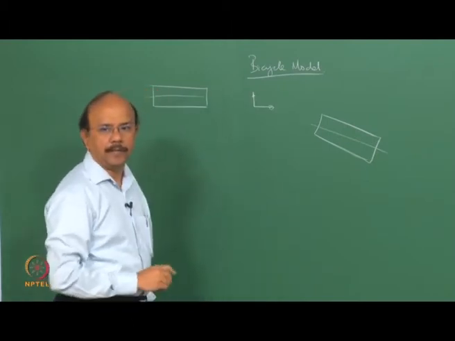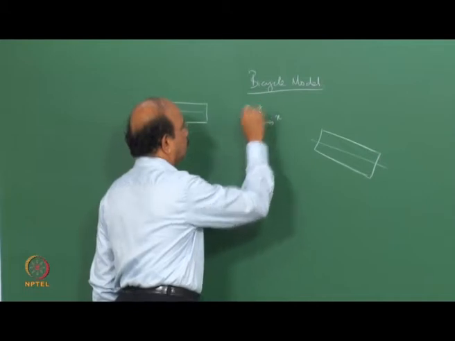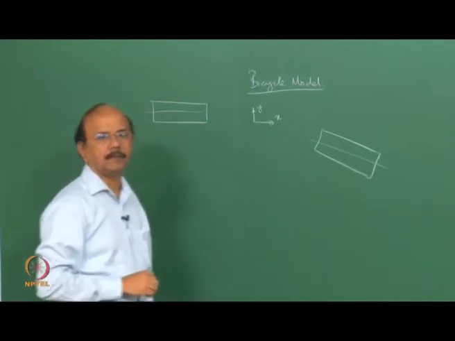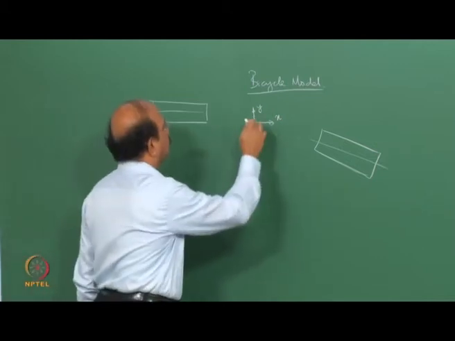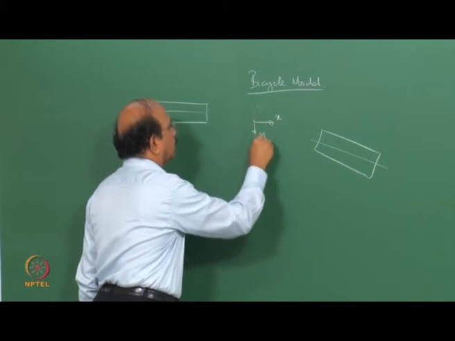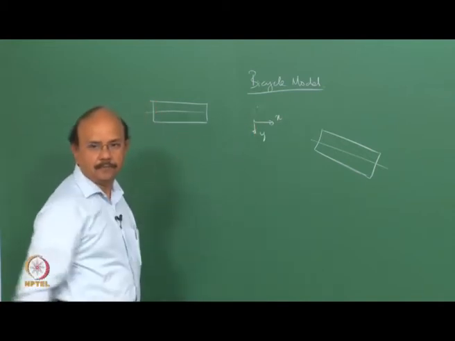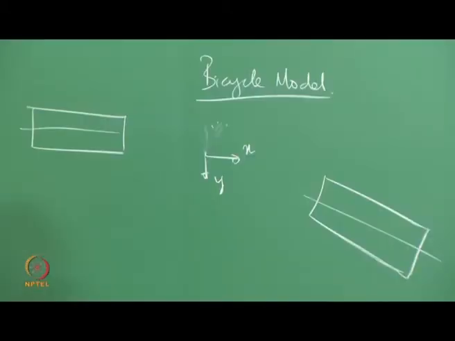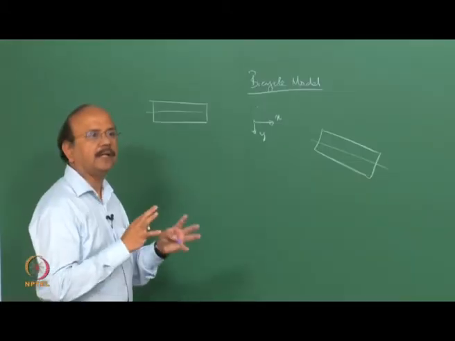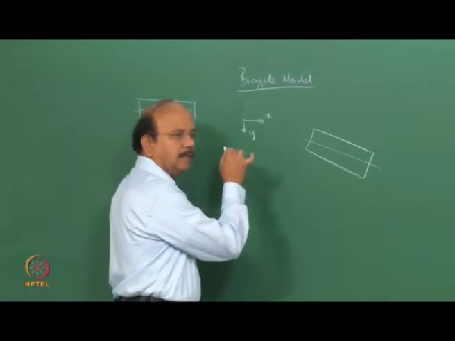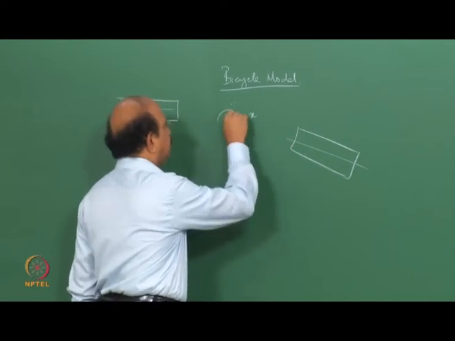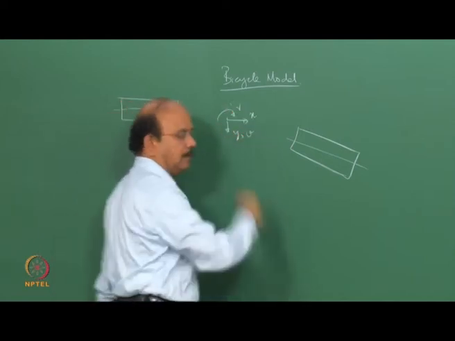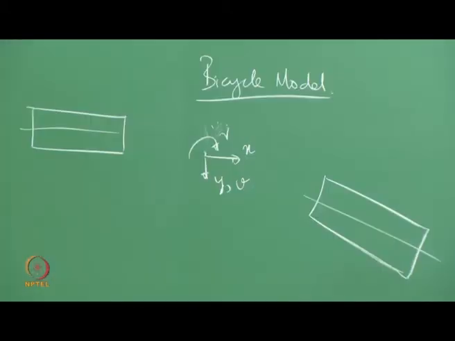If this is the coordinate system, x and y, with z being inside the ground, this is the coordinate system which we saw, and we said that there are 2 degrees of freedom. U is not a degree of freedom, right? We said that it is the yaw rate and v, the velocity along the y direction.